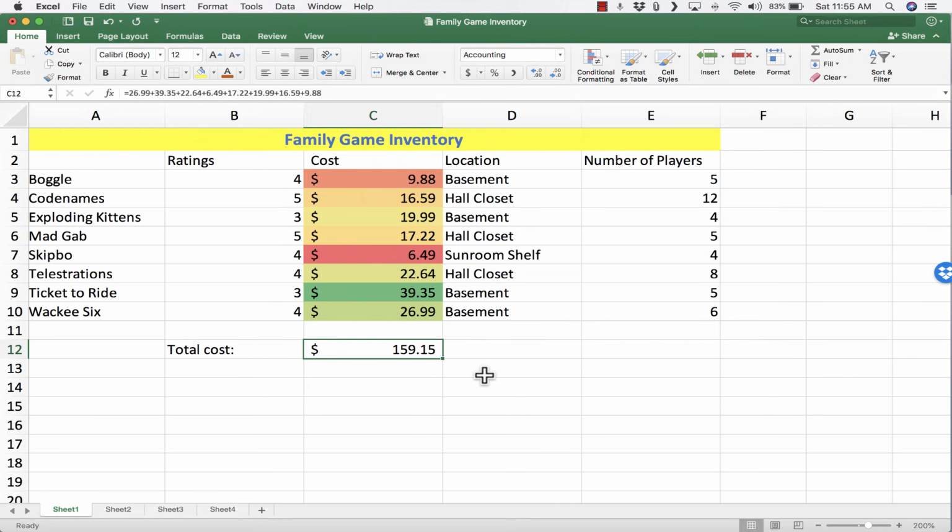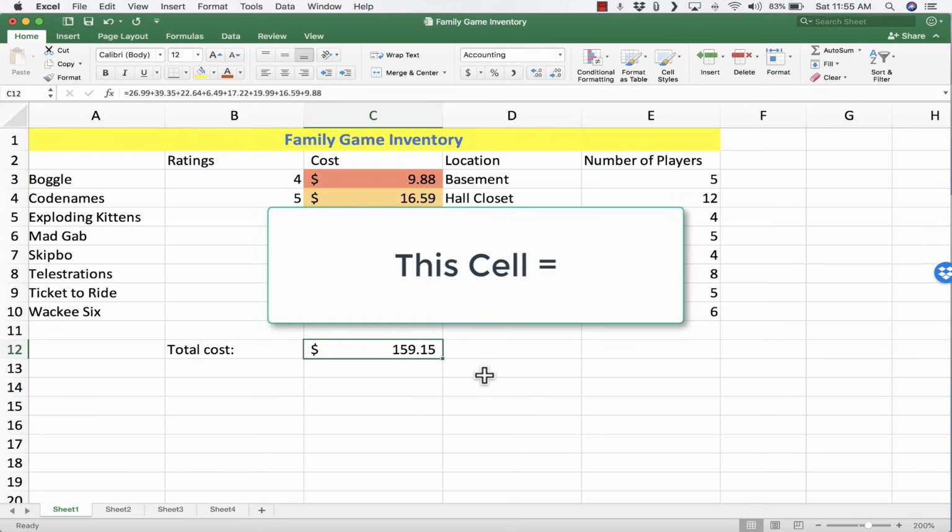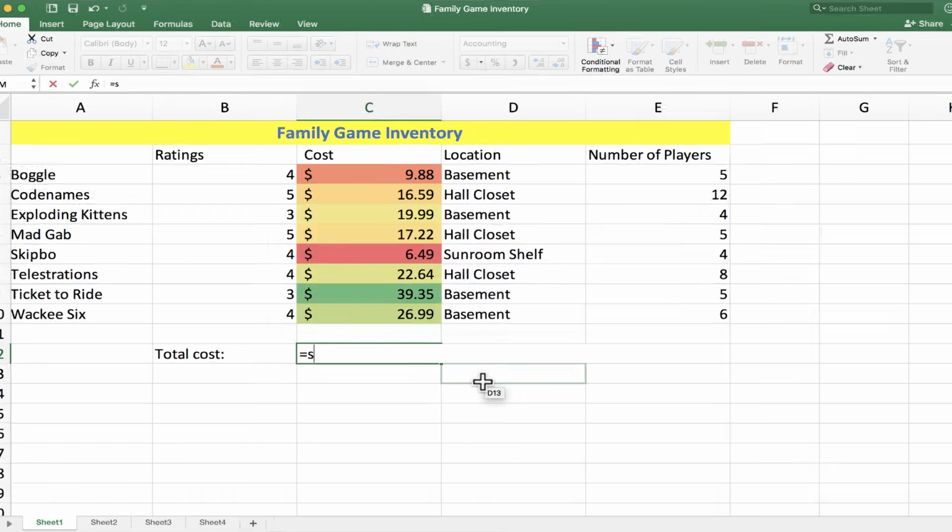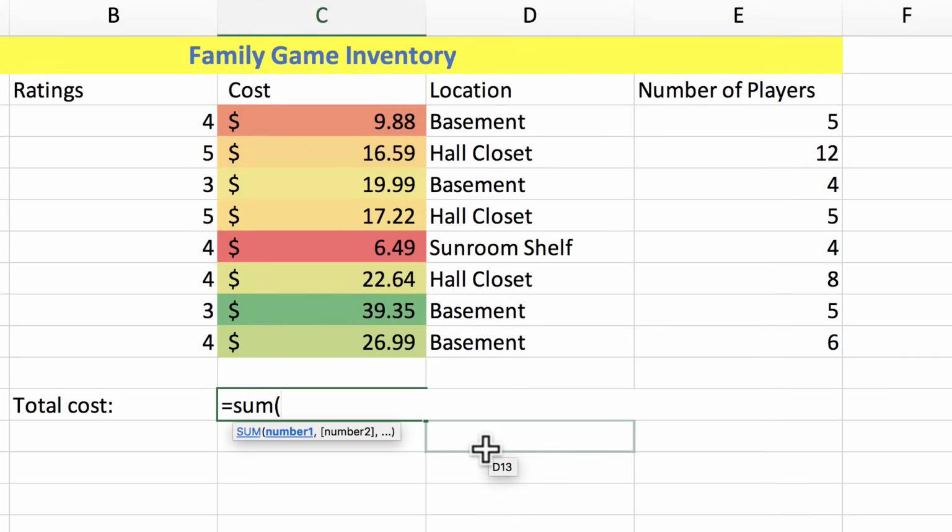And there is. This time, again, I'll say to myself, this cell, and then I'll type equals, and then I'll use a function, sum. Sum means add up. And then I put a left parenthesis, and I'll type C3. C3 is here, through. And if you watched my previous video, you know how to type the word through in Excel. It's a colon. So C3 through C10. And notice what it did. It highlighted exactly that